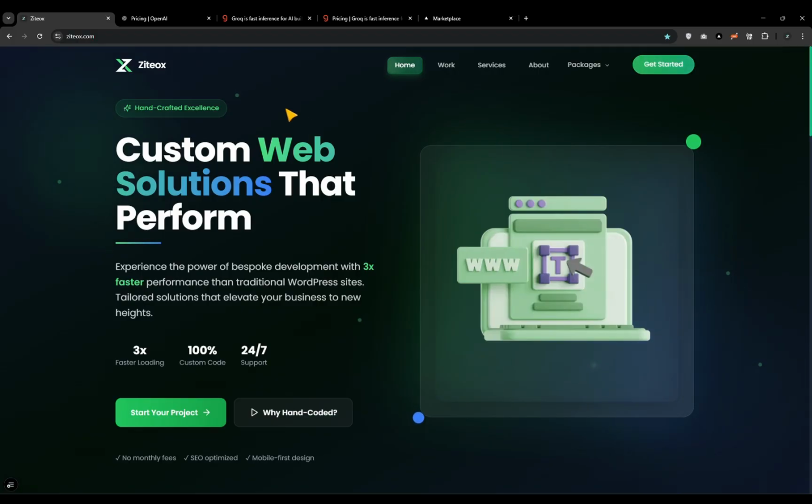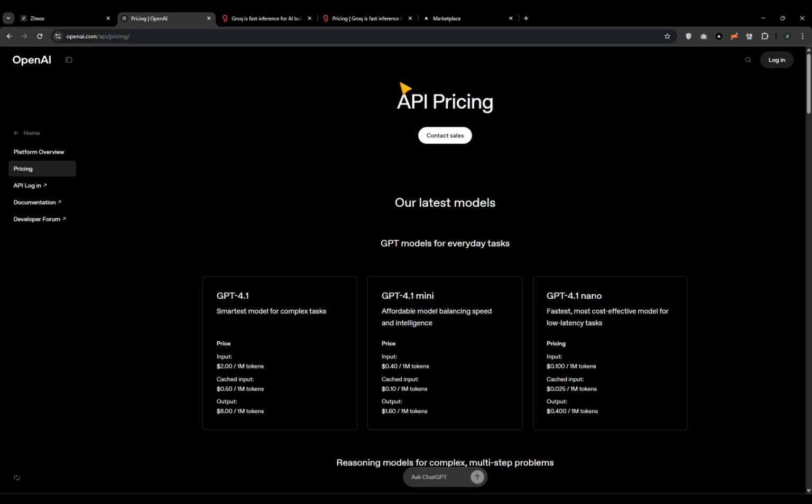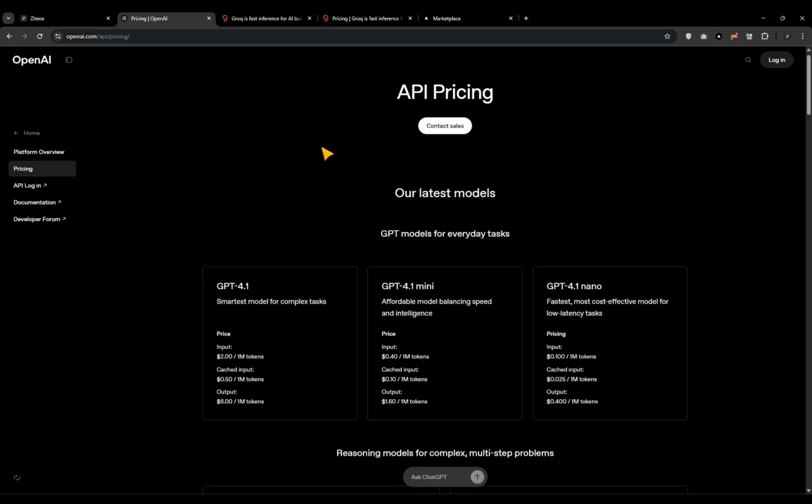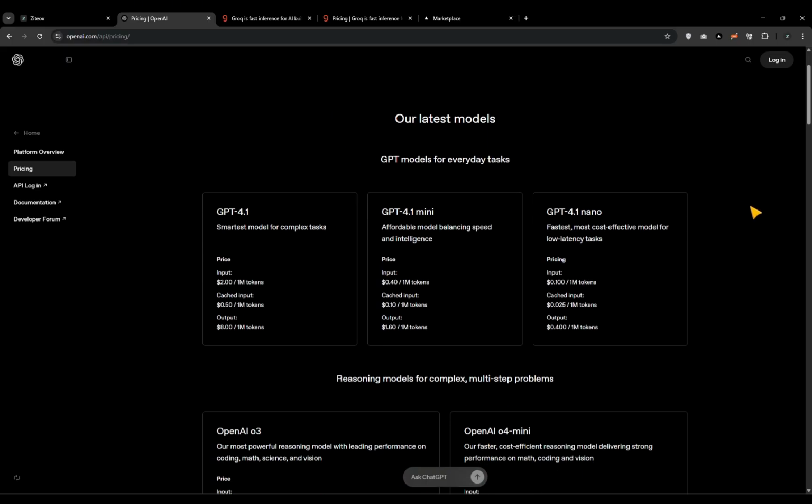Now this is a very lightweight use case of a chatbot. We are not building a ChatGPT clone or anything. We just need a simple conversation model that can understand basic things and reply like a human. There are a lot of AI providers out there like OpenAI, Google's Gemini, Claude, and so on. I have compared the pricing of these different services, mainly OpenAI. Currently OpenAI's cheapest model is GPT 4.1 Nano,